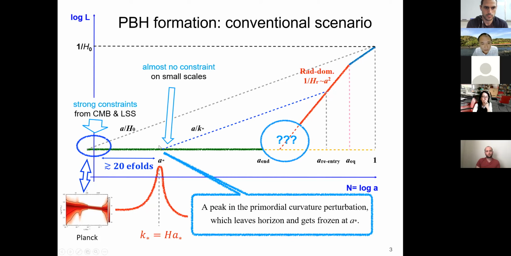While if you go down, say, 20, 30 e-folds to a smaller scale, which corresponds to, let's say, parsec scale or even smaller scales, then on those scales, we virtually have no constraints. And so this means that maybe there's a chance, and actually there are many inflationary models which predict that you may have some sharp peak in the power spectrum. And if there's a sharp peak in the power spectrum close to, say, 10⁻² or so, then